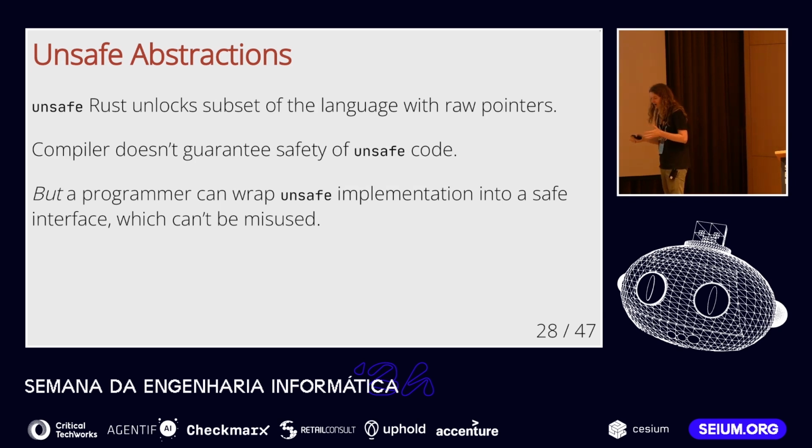So again, as with any type system, it not only rejects outright invalid code, but sometimes it actually rejects code which is valid. And as in any type system, in Rust, you have an escape hatch. You have unsafe, which unlocks a subset of Rust with raw pointers, which aren't checked for these aliasing violations, which you can use to do all kinds of crazy things. Which is, again, not something unusual. All the languages have unsafe in one way or another.